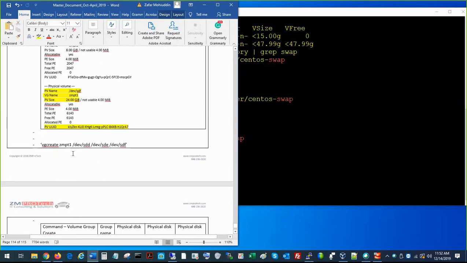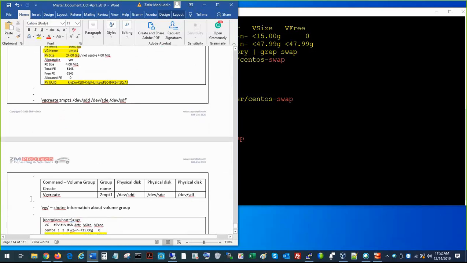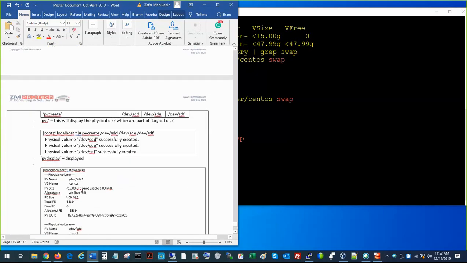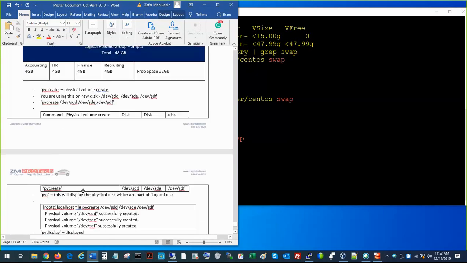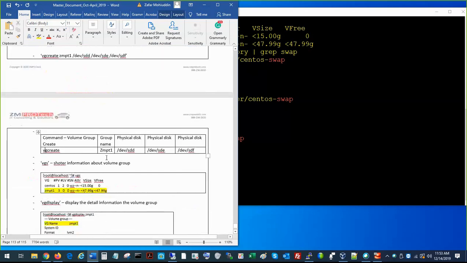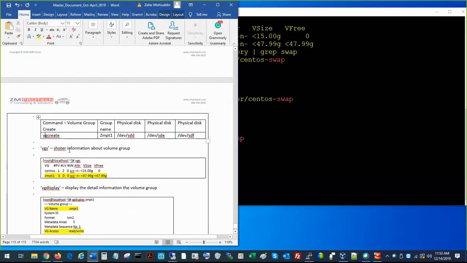And then after that, we did vgcreate, and then this is the breakup of what we did here. So this is the breakup of the previous command, okay? And then vgs is